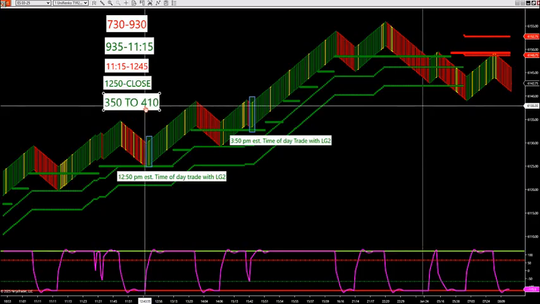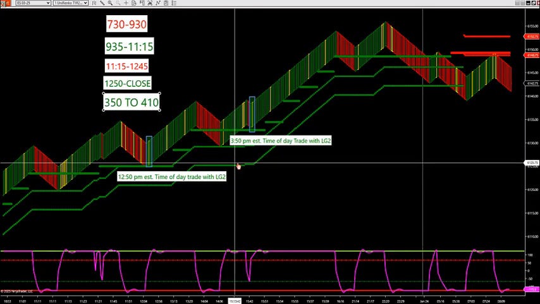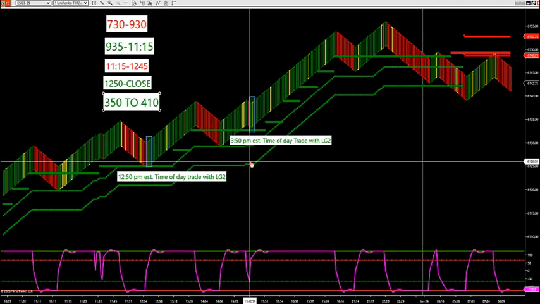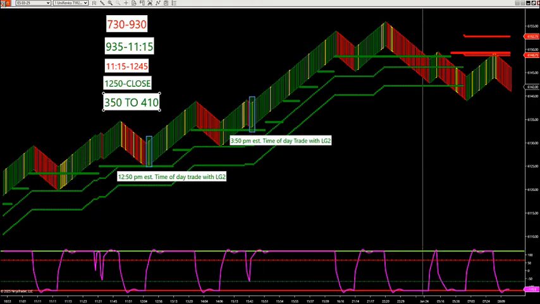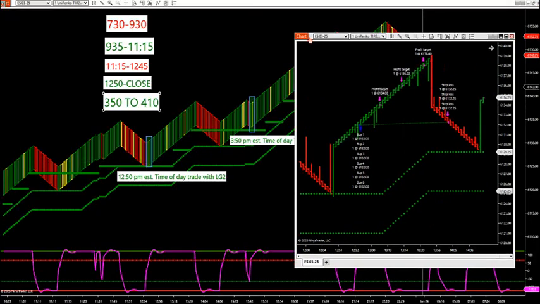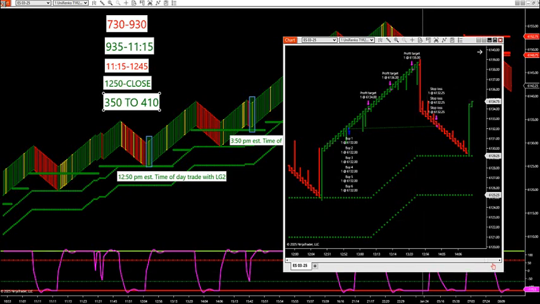Very, very hot time to look for setups. So at 350 yesterday, at exactly 350, look at that. Look at my cursor. Exactly to the exact bar. And I talk about this over and over, week after week, that they love to drive price at 350. So when using the algo then, this is yesterday's price action,